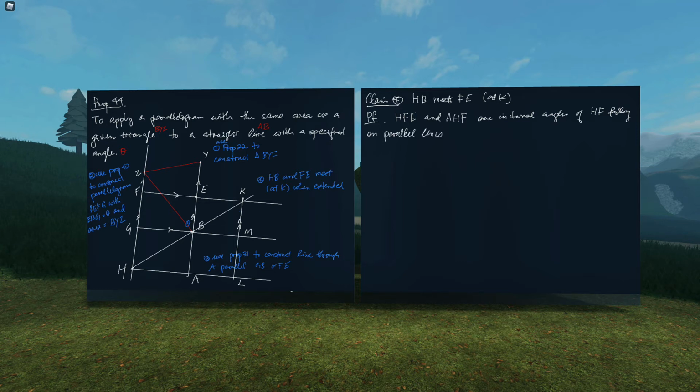And the parallel lines are FE and HA. Okay, so they sum to 2 right angles, right? And this is proposition,